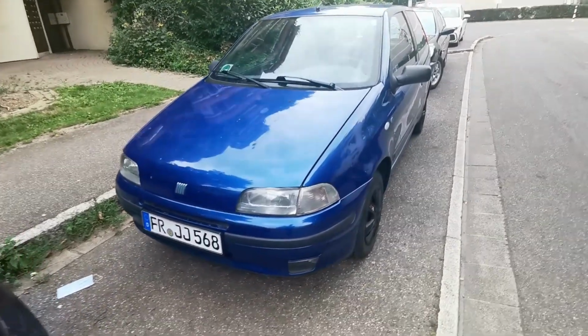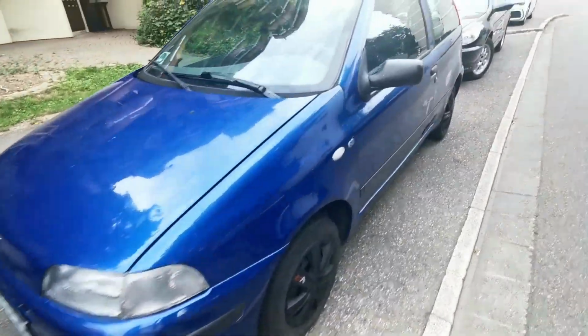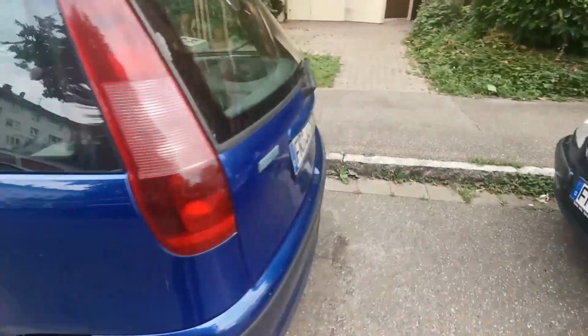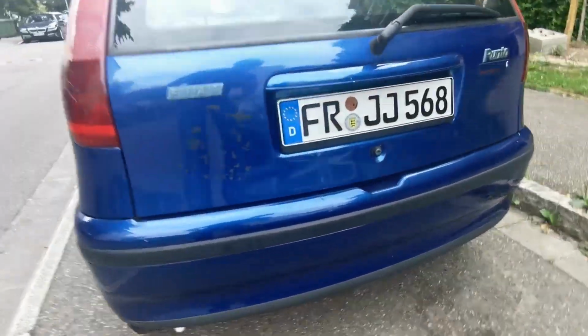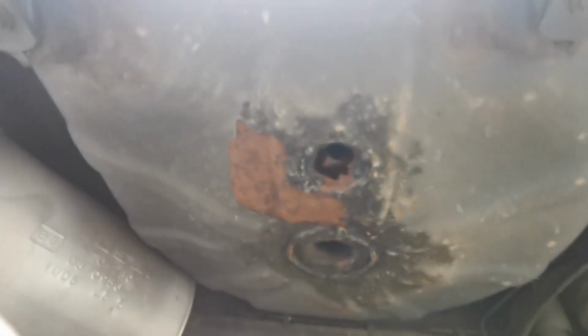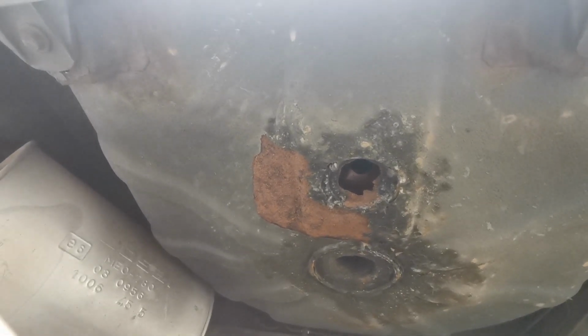Okay, I'm inspecting the next candidate right now. Say hi to a blue Punto that still has TÜV for 9 months and is apparently running, driving fine, and has one issue for the next TÜV. There's a rust hole in the drain hole somewhere in a floor pan. It's not that great. The rest looks pretty good, but